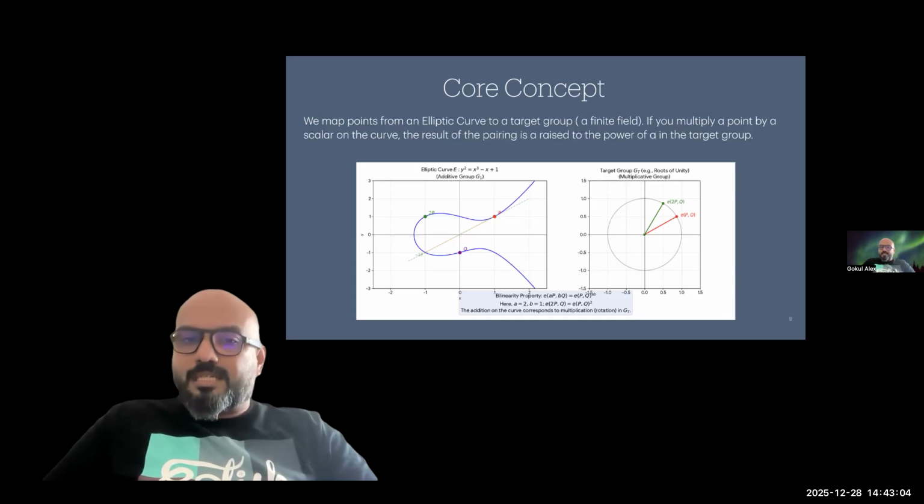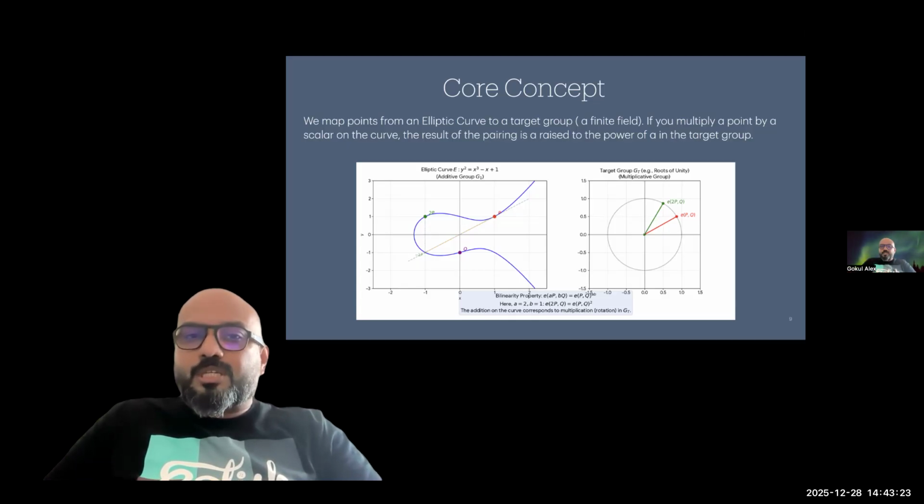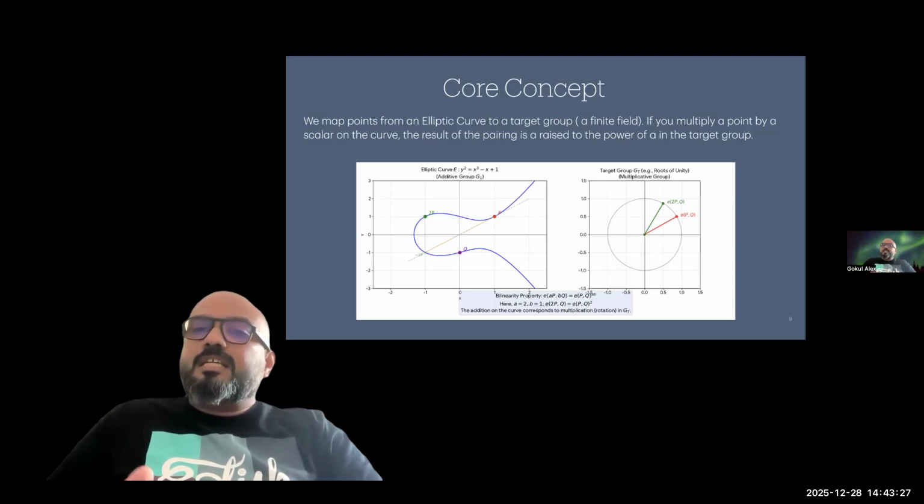As you see in this diagram, if we multiply a point on the curve, let's say the point P, by a particular scalar, let's say 2, it will result in an exponential operation, as we see in this equation,